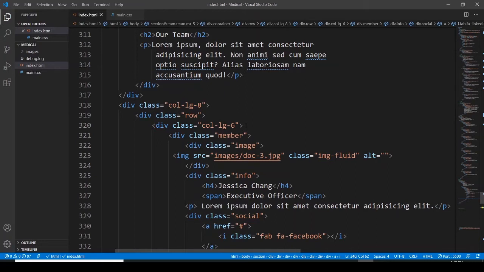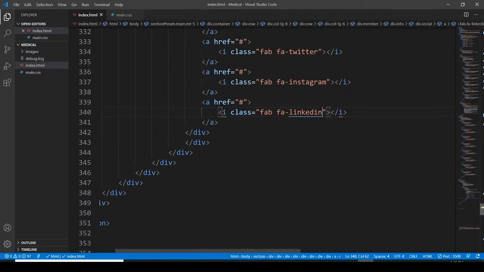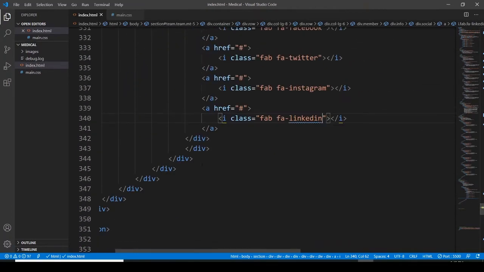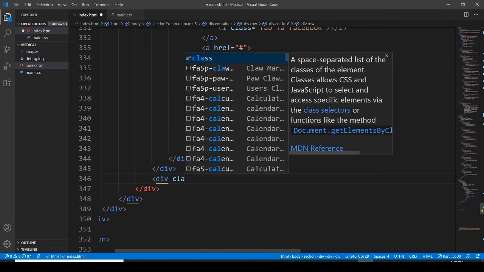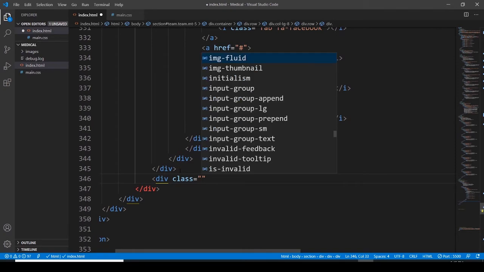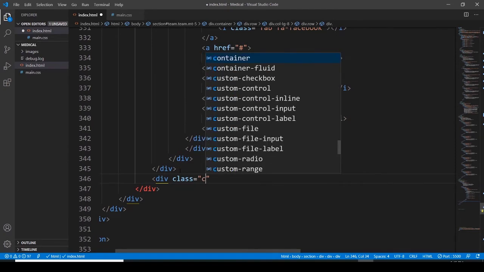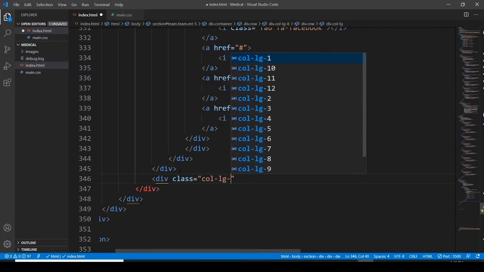LG8 and then LG6, remember. Yeah, for the second one I have to change a bit of the code, then we can do that. So for this here, let's have a division, assigning it a class, and this class is going to be the column large,